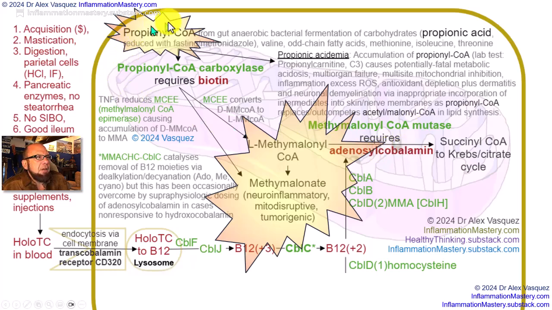So again, if a patient makes too much propionic acid because they have gut dysbiosis, they're going to accumulate propionyl-CoA, which then has to get detoxified. If the patient has a defect